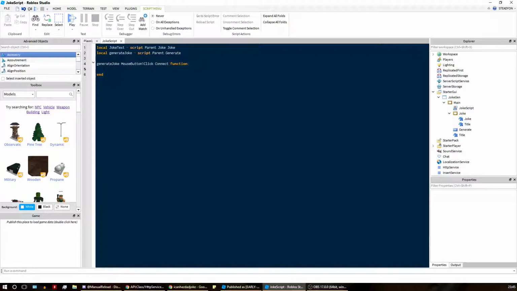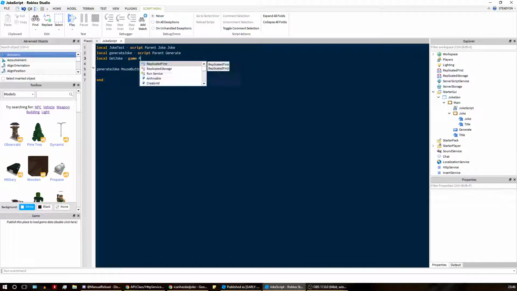function, and we're going to do something, but we can't actually figure out what to do yet. And then we're also going to put an event. No, actually, should it be an event? Should be a remote function. So we're going to put a remote function in the replicated storage later on when we do the server side. So I'm going to make a variable called getJoke